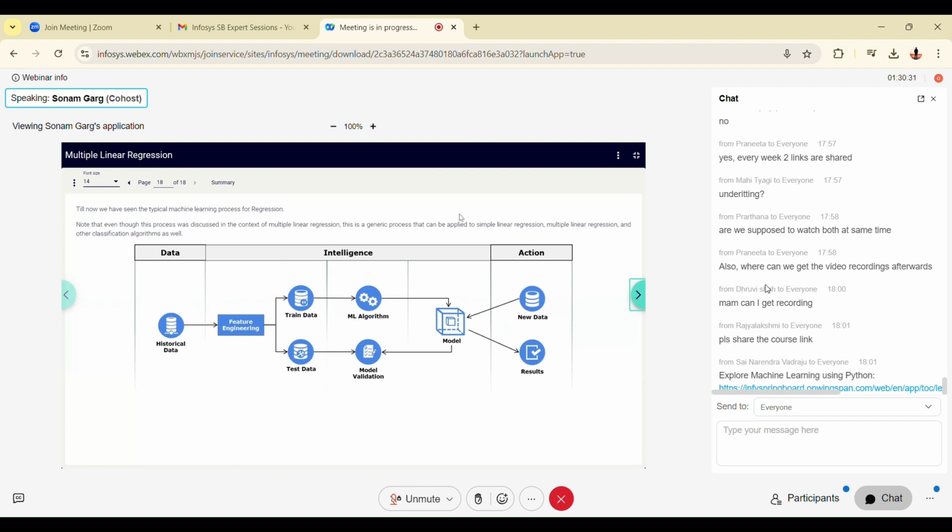So this is the whole architecture for the machine learning process. I hope you can relate to it. Yesterday also we talked about it. Take the data, do some feature engineering, remove some attributes, transform them if required, get rid of the null values in your data set if required, normalize the values if needed, or use encoding on the categorical features.